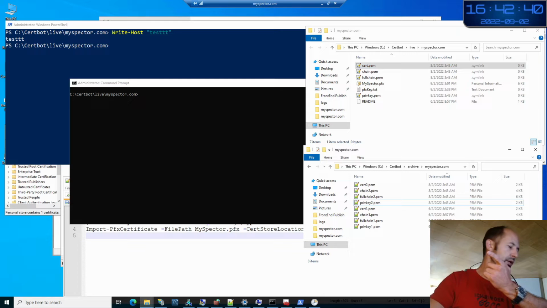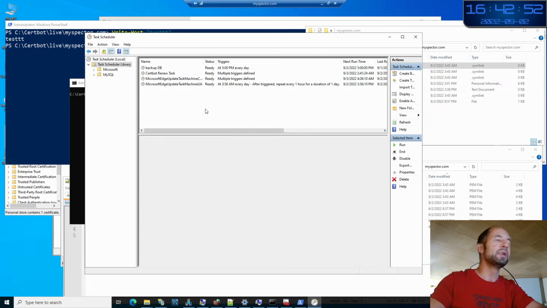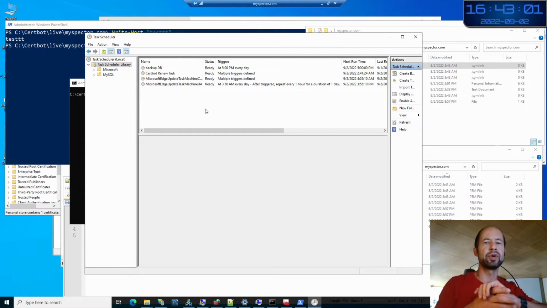Also this is done automatically via certbot because there is a task scheduler which is defined here. In the last video that I have shown to you, I have explained that this process is automatic, but there is an additional step which is required because of Windows, which requires a PFX file to be imported. So this automatic task is not sufficient. It must be completed with another automatic task that I didn't do yet, but together we are going to see how to renew this certificate with the PFX thing and how to automate it.